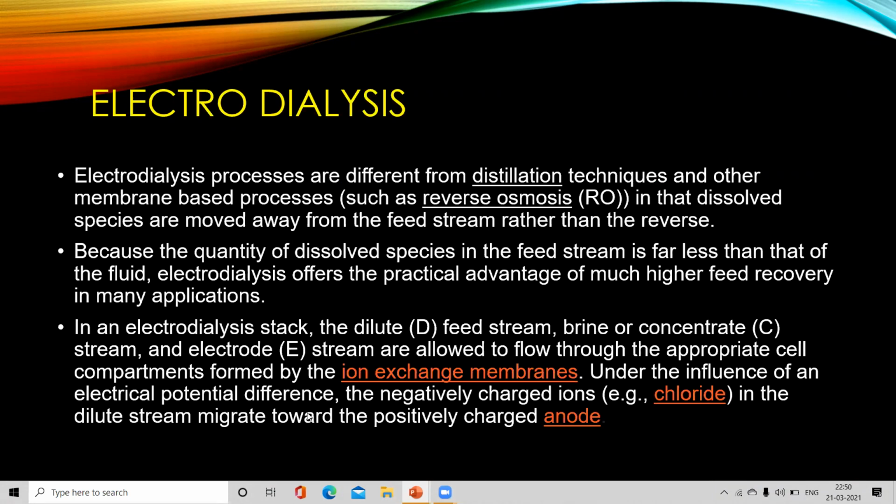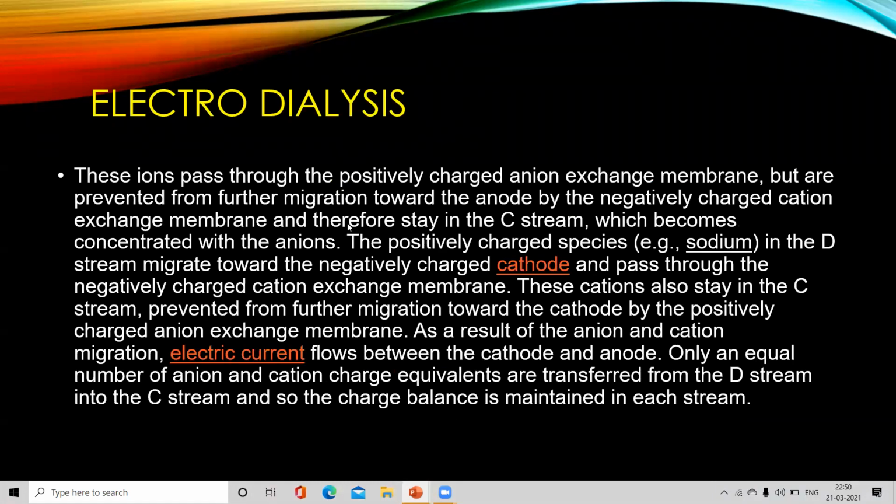The negatively charged ions like chlorides in the dilute stream migrate towards the positively charged anode. These ions pass through a positively charged anion exchange membrane, but are prevented from further migration towards the anode by the negatively charged cation exchange membrane, and therefore stay in the concentrate stream, which becomes concentrated with the